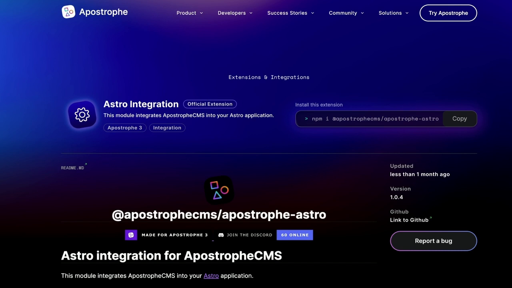This new integration module effectively turns Apostrophe and Astro into what you could call BFFs, but not best friends forever. In this case, the acronym stands for backend for front end. Essentially, it turns Apostrophe into a specialized backend for Astro. This allows for a seamless integration of Apostrophe as a headless CMS without having to worry about setting up API validation or doing other wiring to get your content displayed. The integration module takes care of all of that.